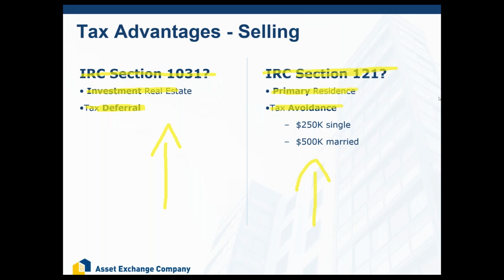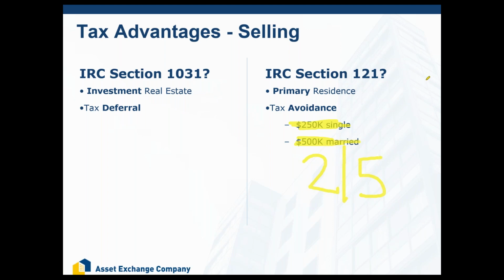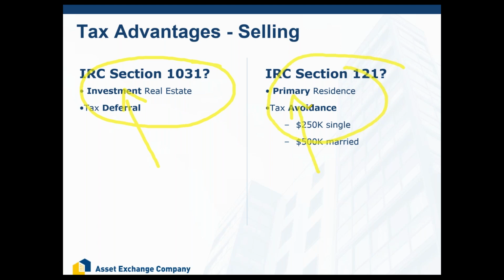You sell a home that you live in, and as long as you have lived in that home for 2 of the past 5 years, you can avoid paying taxes on the first $250,000 of gain if you're single, and the first $500,000 if you're married. You sell a rental home. Well, guess what? You can avoid paying or defer paying all of your tax liability, provided you go out and you do a 1031 exchange. Now, these two tax laws, very important. Tax law for your investment property, tax law for your primary residence.